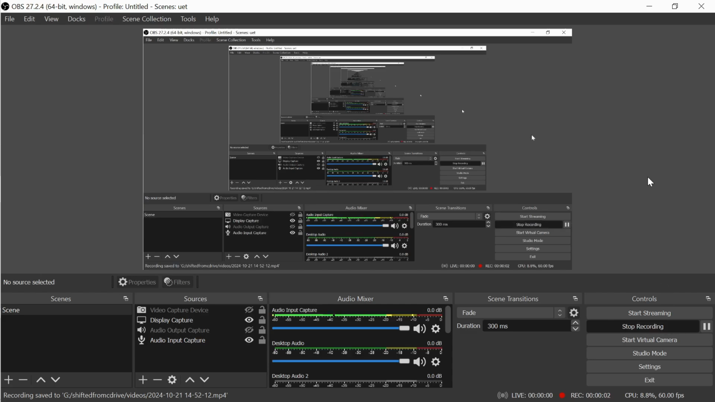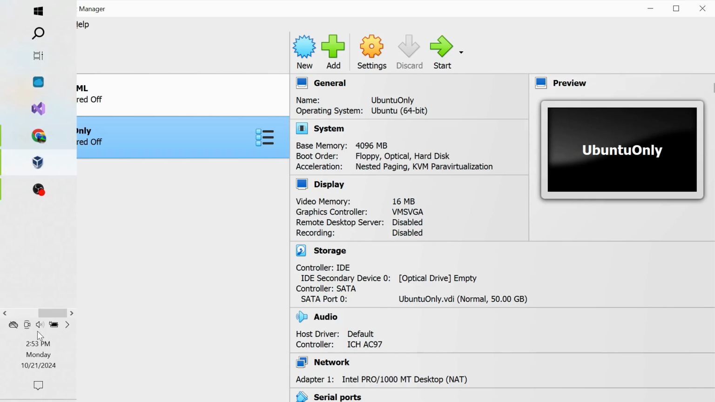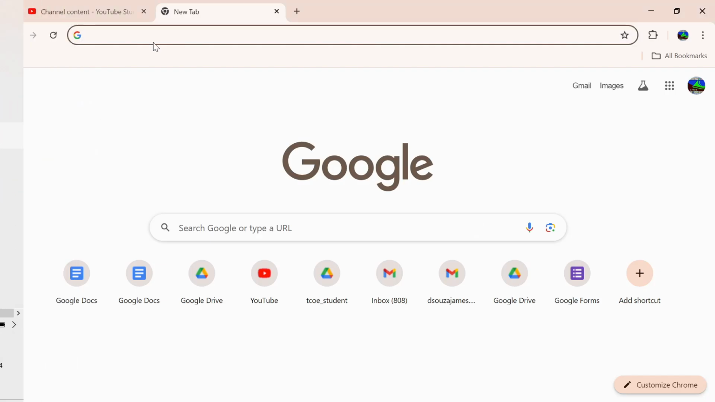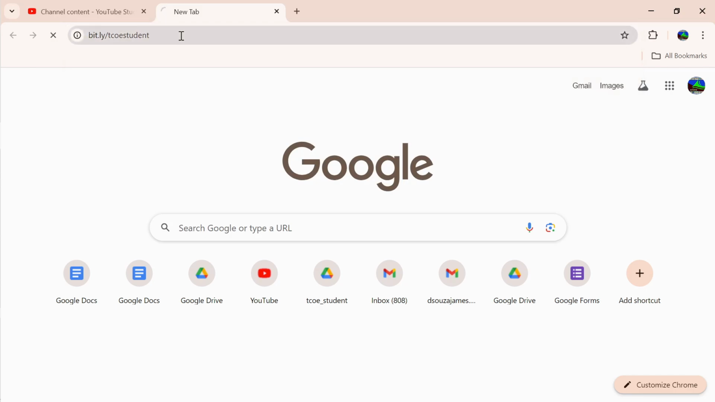Hello students. So in this video we will be doing the Sqoop Lab, which is part of big data analytics, and we'll see how to do it. So what we'll do now is first, it's better that you